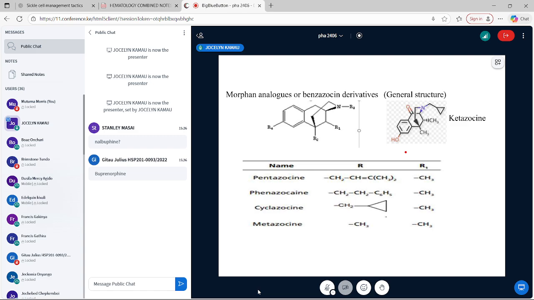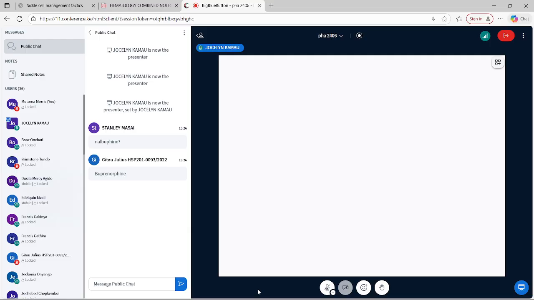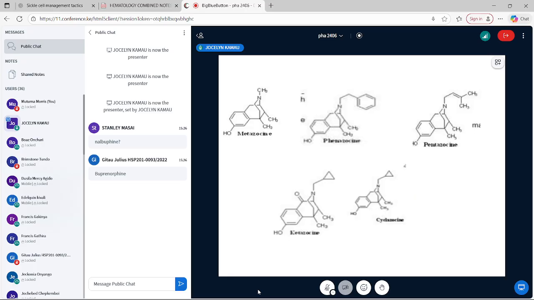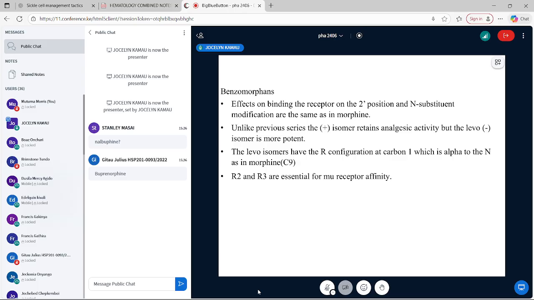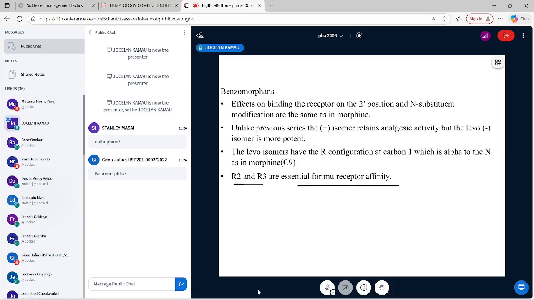I don't think we have any other group at that position apart from the hydroxyl group in the benzomorphans. Unlike the morphinans, I think all of them indeed have the hydroxyl group at that position. So when we look at the SAR, I hope you have noted the structure, the change in numbering, and the